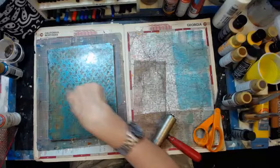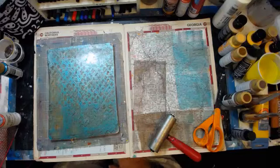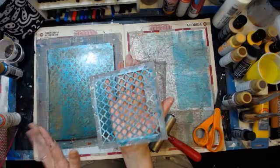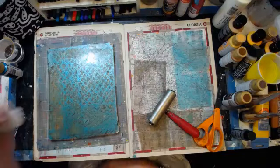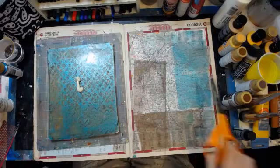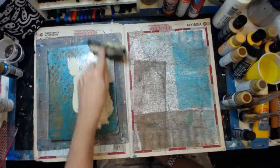Yeah, I really like this Moroccan pattern. And I have another stencil that I didn't pull for today. That's Moroccan. That's a bigger. And I have this one. So I have like 3 or 4 different Moroccan ones that I like to use together. But when I do projects, they mix. I have a feeling when I'm done brayering this over here, I'm going to pull this brayer paper out. Because I think I'm going to like